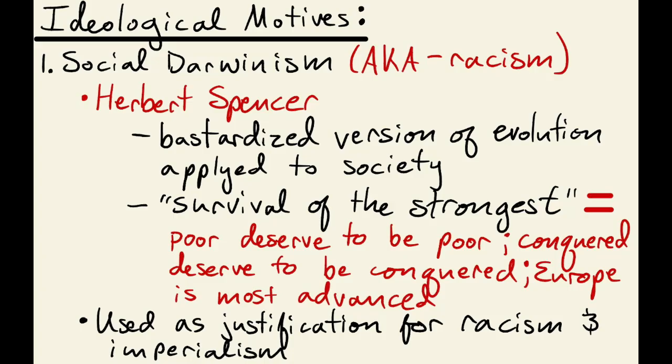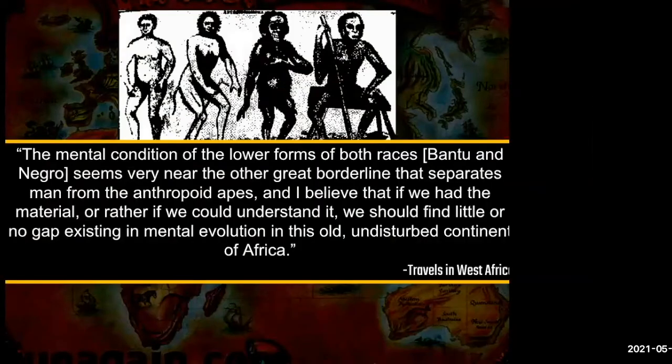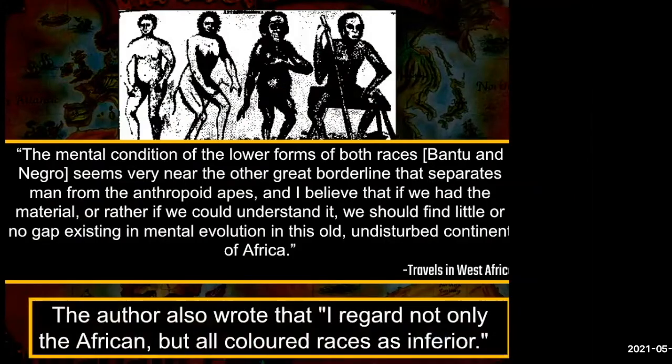This is used as a justification for both imperialism and for racism. The social Darwinist is going to believe everyone who is not European or Anglo-Saxon is inferior. So some very problematic racial characterizations that we see spring out of new imperialism. Again, these old racist stereotypes that trace back to old imperialism were used as a justification for what the Europeans do in Asia and the colonies. So these ideas are going to spread through the industrialized nations and essentially give a justification for what they are going to do.